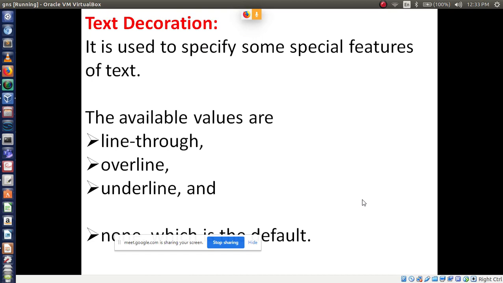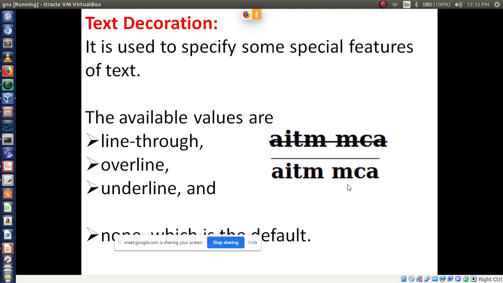Text decoration. Yesterday we discussed this property, but I have added text decoration in text properties. Text decoration has three types: line-through, overline, and underline. Overline means above the text, underline means below the text.